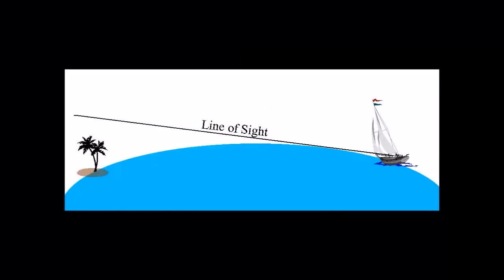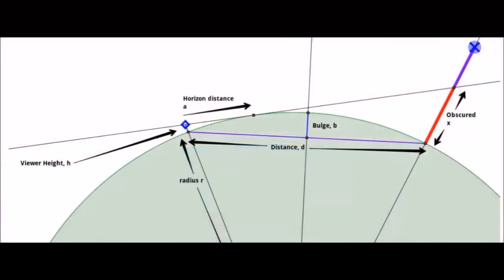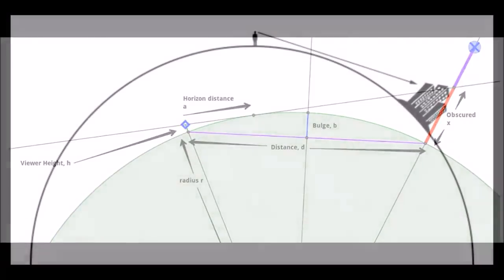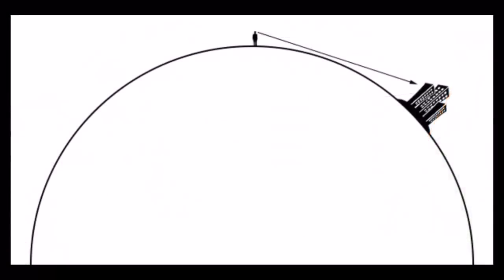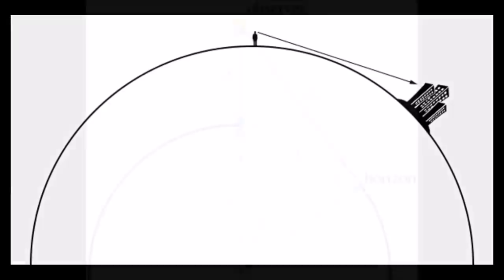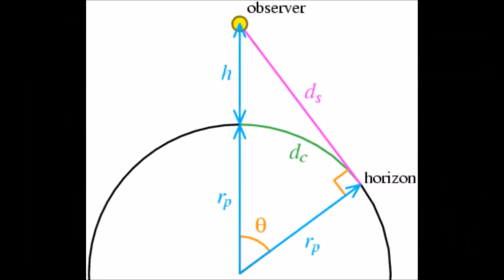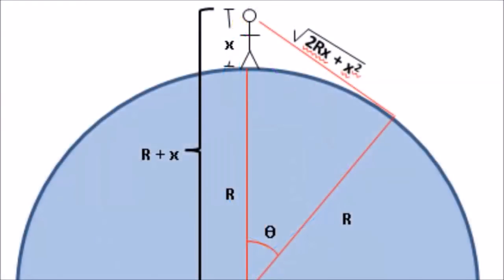Textbook illustrations of how we see things on a globe always have the observer somewhere on the side of a circle, looking down so that their line of sight touches the edge of the circle, giving us the perception that we are looking down a curve. And of course, the higher we go, the further down this curve we have to look. This is simply a reversal of the human eye perspective.